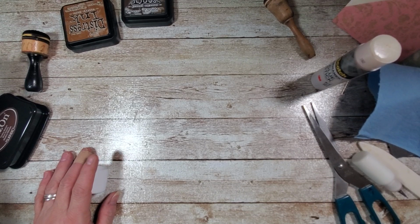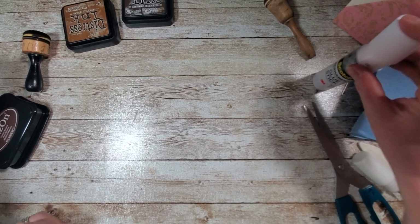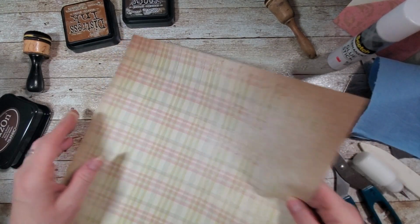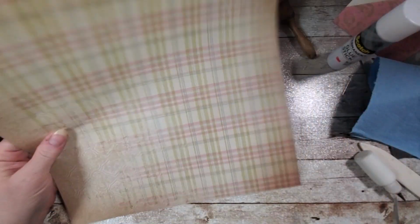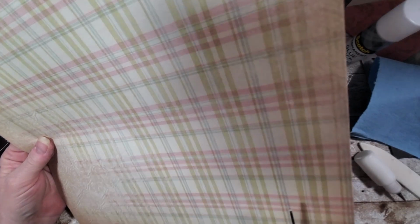Oh, I think that's good from there. All right. Put that on. Okay. So, anyways, this one I have actually got lines I can follow. Let's see how good I can do here. Not very good, but...